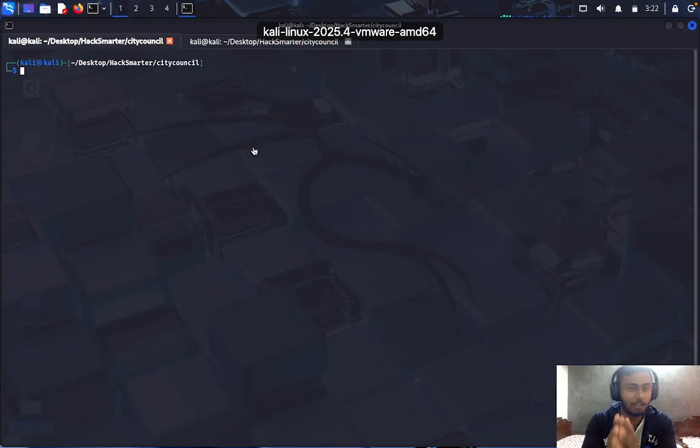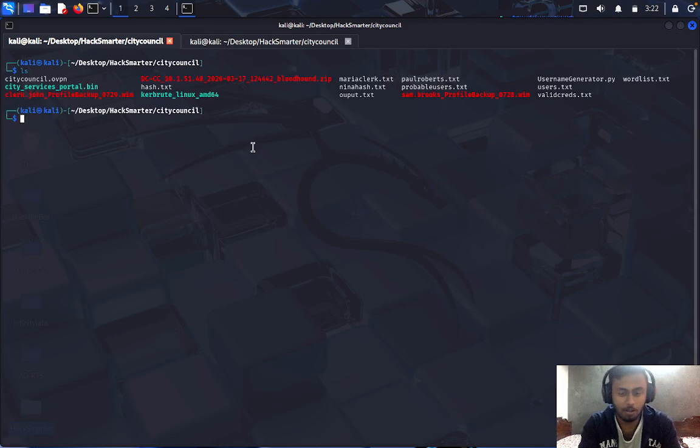I already had my setup in my Kali VM, and without any further delays let's just jump to my VPN. For VPN, we use OpenVPN. As you can see, I have practiced this box a bit before, but I haven't got the user flag and the root flag yet. So I'll walk through my whole process of how I solve this machine from scratch, and let's just get into it. I'll show you my whole